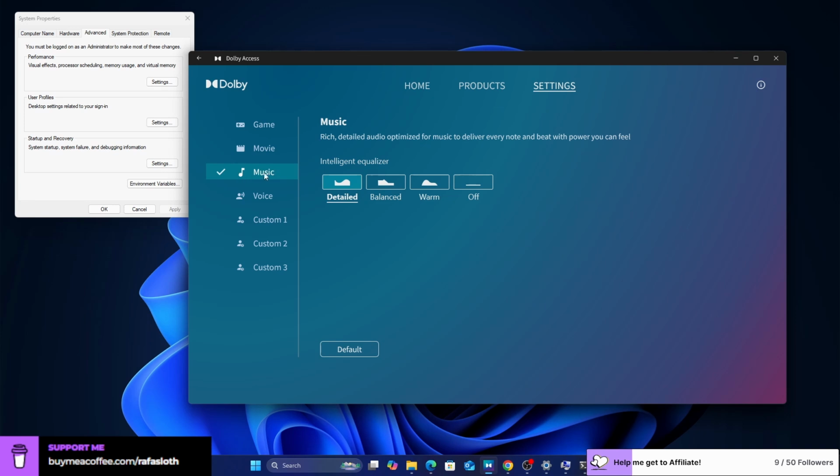I usually use this setting, detailed. What does this actually do?